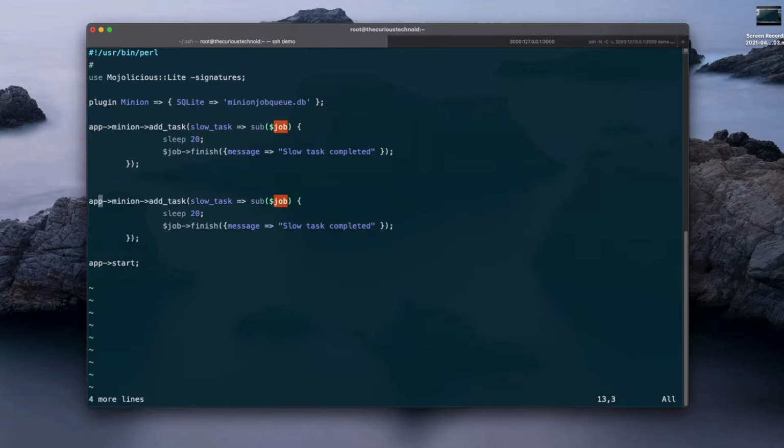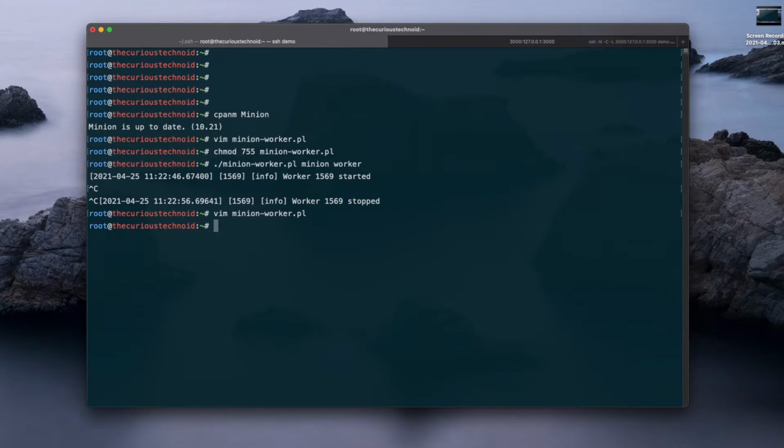We'll create one more task called high priority task. And let's say it sleeps for 5 seconds. Okay, I think it looks good.